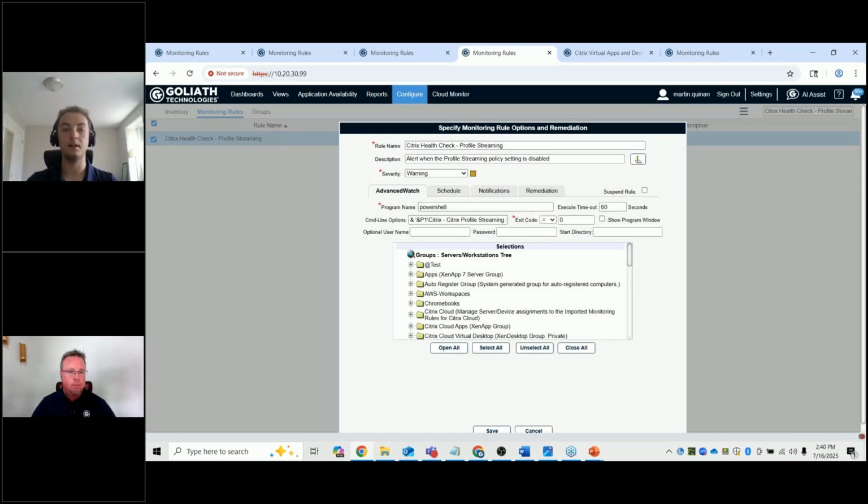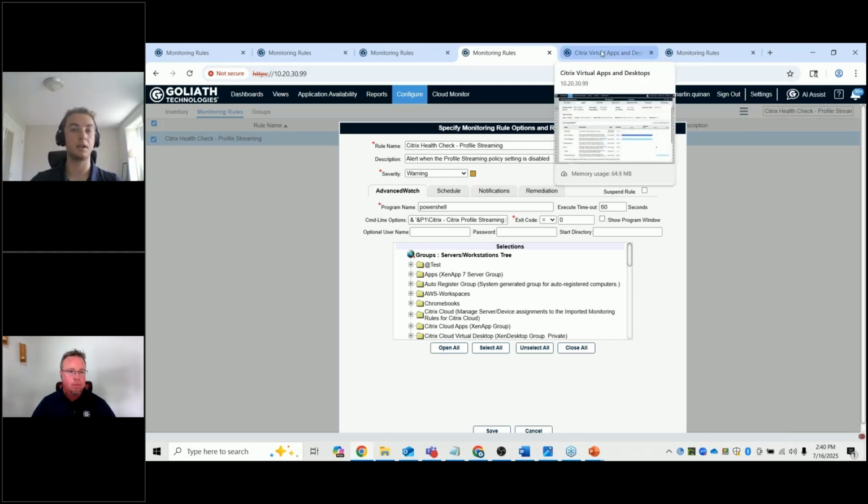And then, of course, alongside the health check and visibility that's going to give you into the optimizations in the environment, Goliath's going to be able to help you understand what kind of an impact, say, for example, you find this is out of place, we go ahead and remediate. All right, what kind of impact have we had on user experience as a result? The user experience monitoring in the product is going to be able to give you that direct reflection in real time of what user experience looks like and how it's been impacted